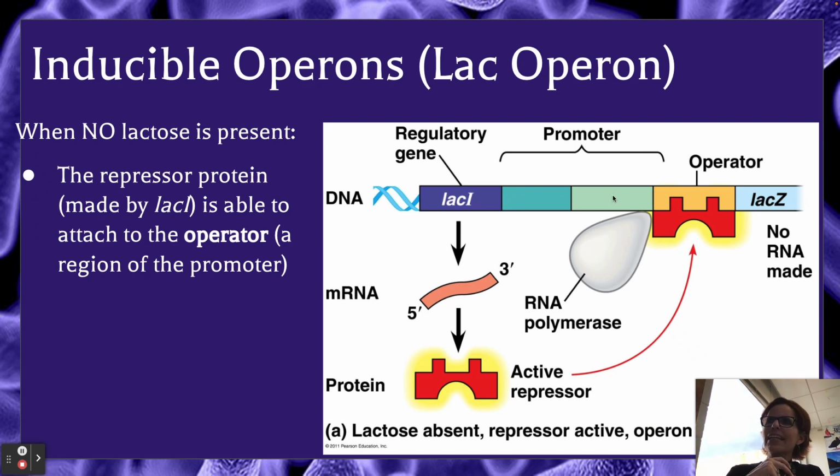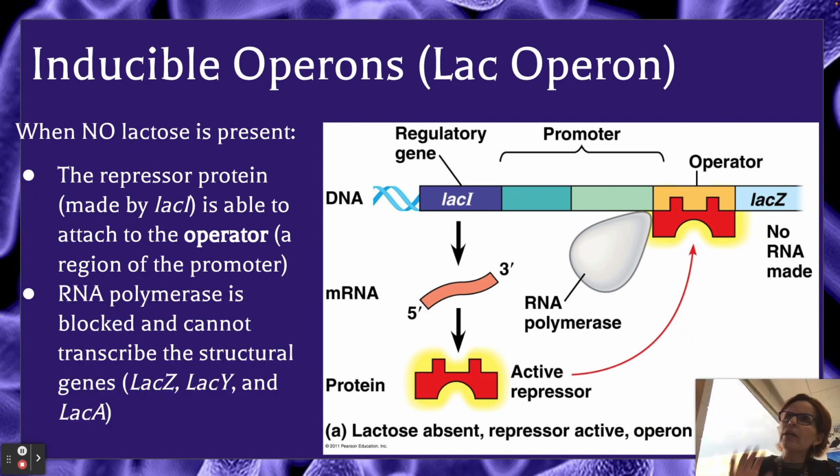It doesn't look like DNA, but they're showing the double helix right here. This is all DNA. And the repressor is sitting on the DNA. It's actually physically attached to the DNA, and the RNA polymerase can't get in there because the repressor protein is bound to the DNA. It's in the way. So right now we say that the lac operon is shut off. There's no lactose present. The bacteria doesn't want to make the enzymes for digesting lactose because